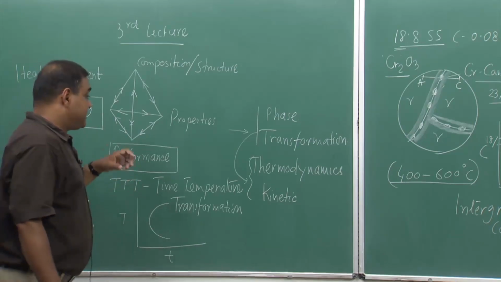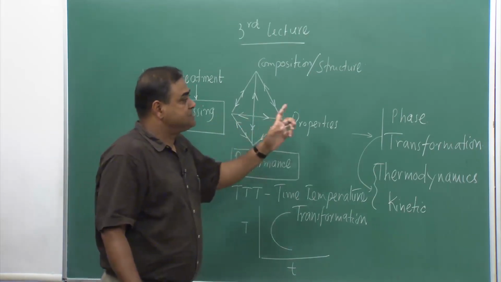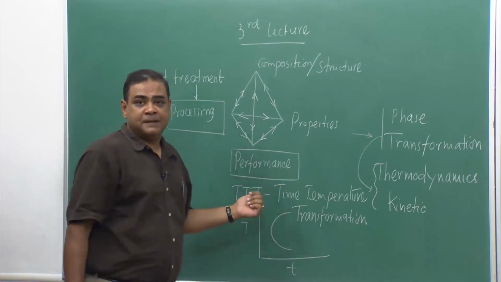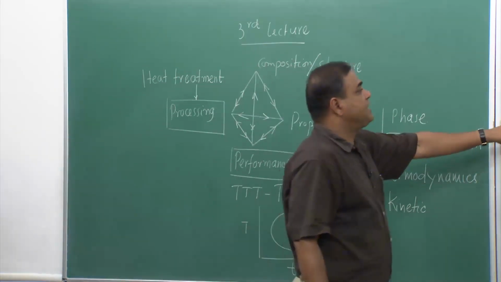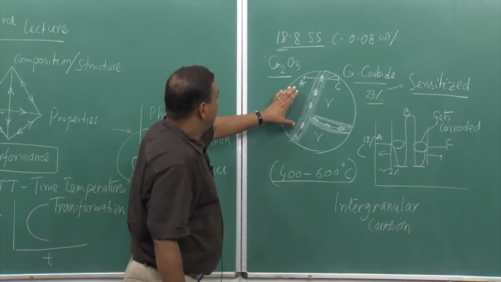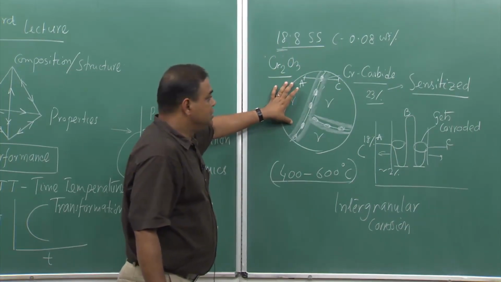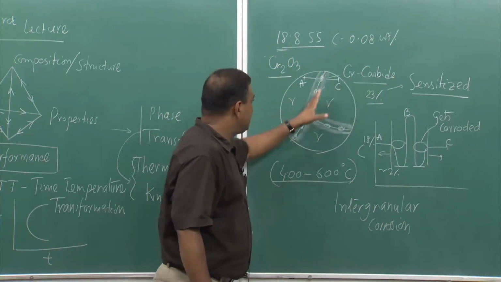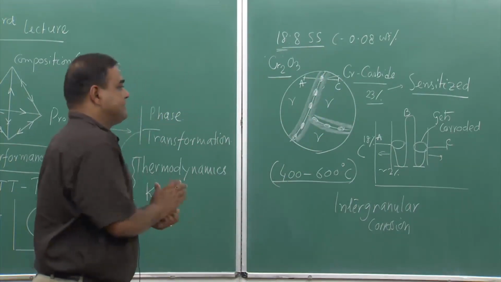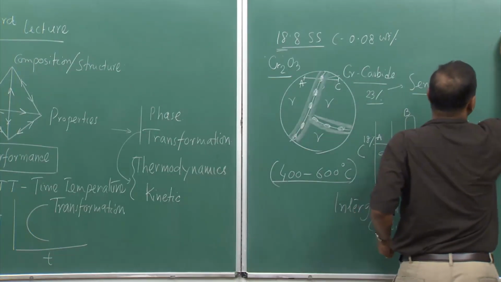That is why it is important to study what happens when you do processing, what happens to the phase transformation, and what happens to the final performance. So, this is one of those classic examples that the structure does not change, but a simple phase transformation from solid solution 18-8 stainless steel to chromium carbide formation along the grain boundary leads to intergranular corrosion. This is one example. The next example is duralumin,